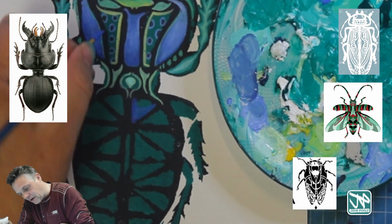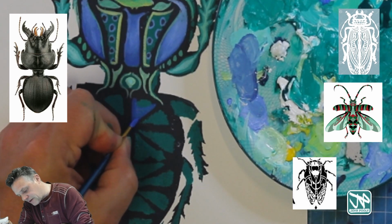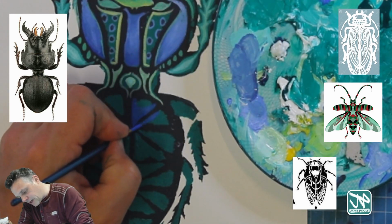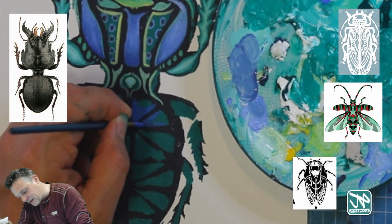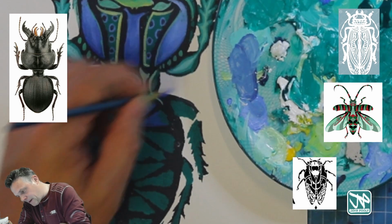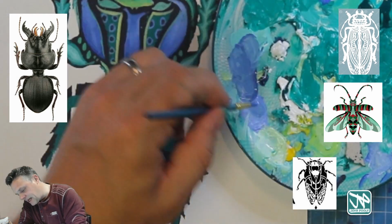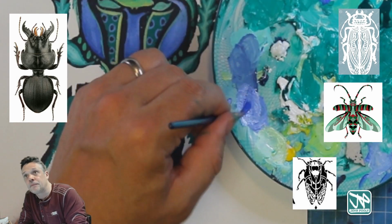Or even look often on the design, you can see just above here, I've added extra ideas and details. So I've just painted in, I'll do the other one as well, with a pointy brush. So this is a round, I call it a pointy brush, but it's actually known as a round brush. So paint in there. You might need a bit more if you're painting directly on black. And then whilst that's wet, just get a little bit of white on your brush, mix it with a bit of the blue,